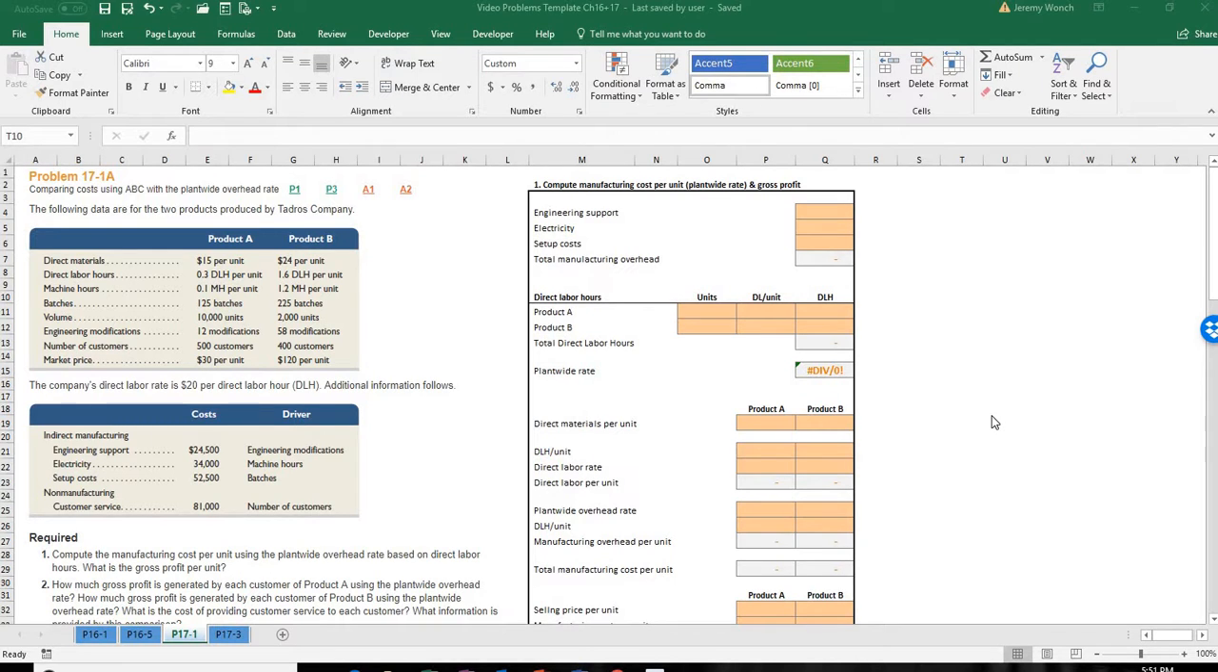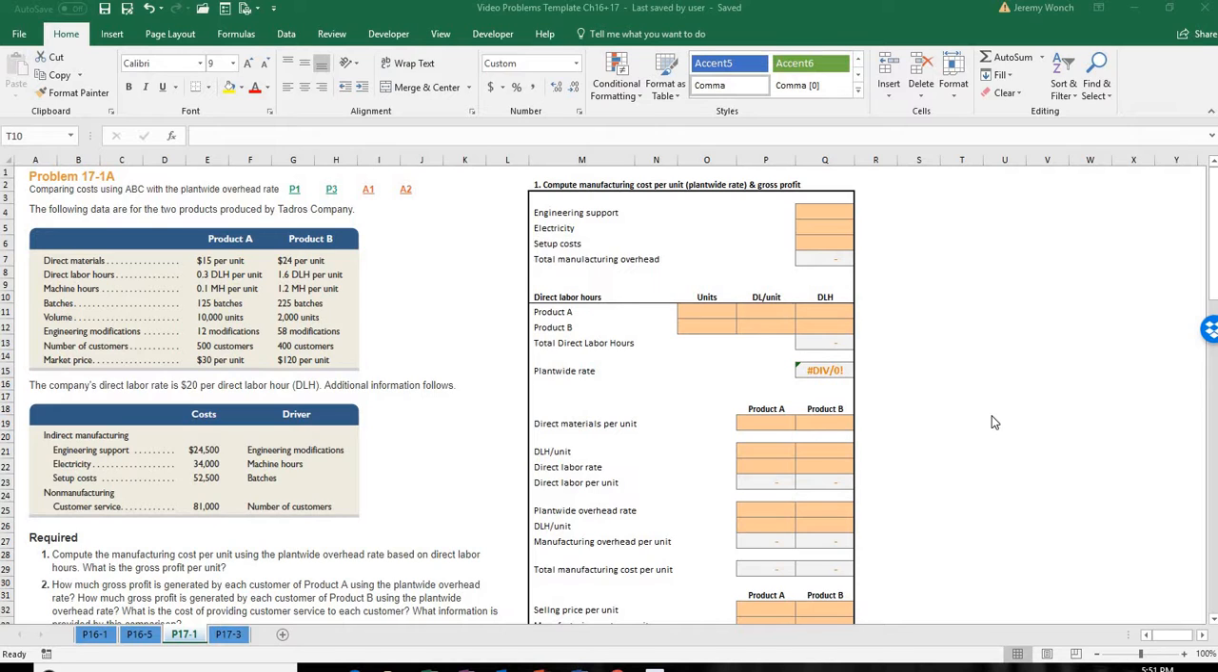So now we're on to chapter 17, which is activity-based costing. Activity-based costing is something that can be used with job costing, or it can be used with process costing. What activity-based costing, or ABC, is